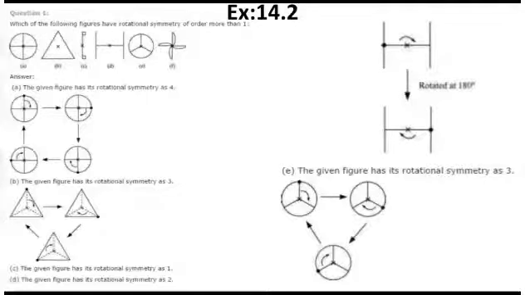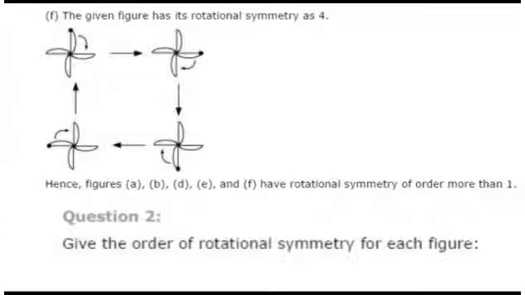Fine. So let us now go ahead to question F. Students, as you can see, I have marked one dot here, so that when I am rotating the figure, the dot will be identified. After this rotation it came down, again rotation and it came down, and again rotation it will come up. So how many times? You can see the figure matches its similar figure 4 times when rotated at the center of axis. This is the center of axis, the center part where you can fix the pin and rotate the figure.